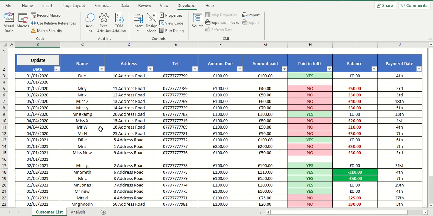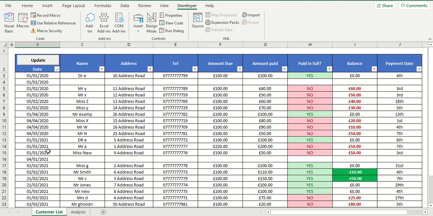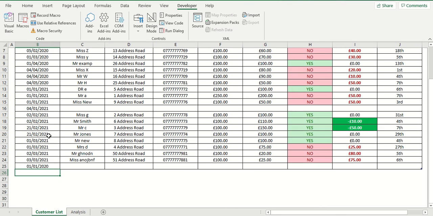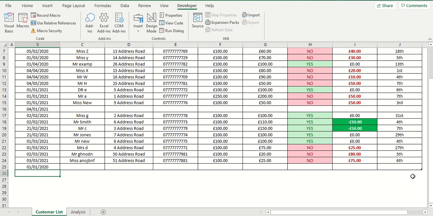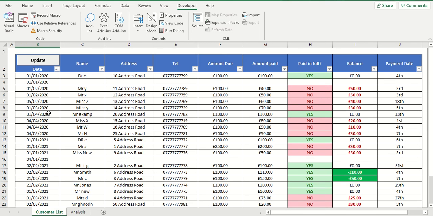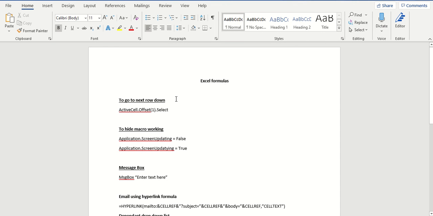Okay, so let's add something into this button that's going to add a new row underneath here. So every time you press update, you get a blank row that appears and gets incorporated as part of the table. That's what we're going to try and do today. So first things first, we need a bit of code, and I've done a bit of research to find this code, and I'm going to share it with you. Don't worry about all this other stuff. The code is